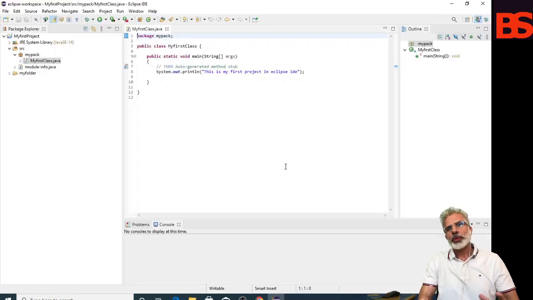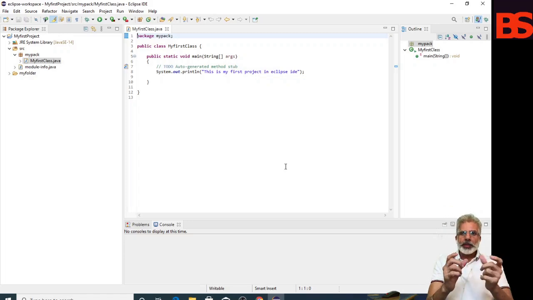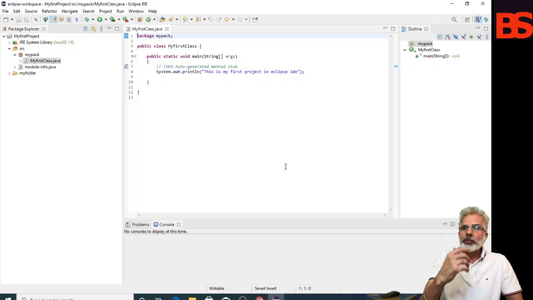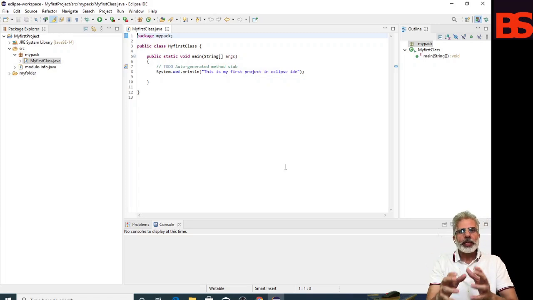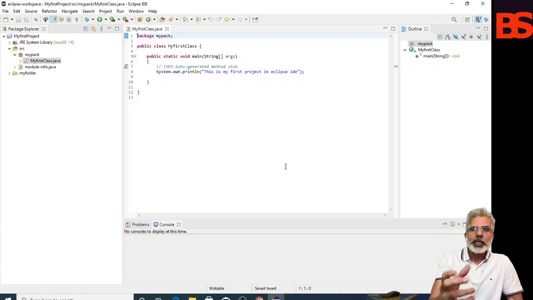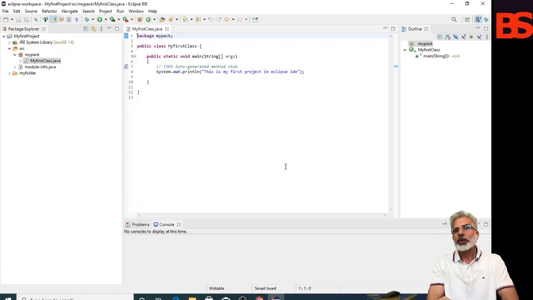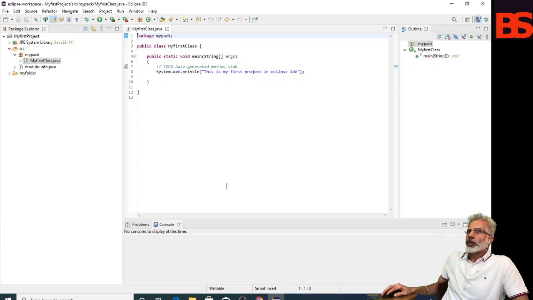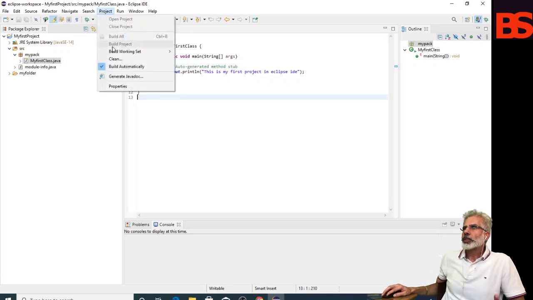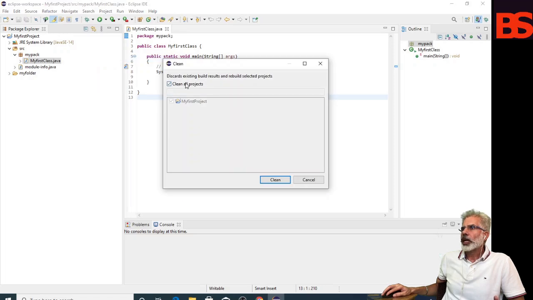So it's time to close your project. An Eclipse workspace can contain any number of projects. A project can be either in the open state or the closed state. So why should we close a project? Because open projects consume memory and take up build time, especially when cleaning all projects. So if your project is not active, you should close it. For this, first we will clean the project: click on Clean, then Clean all projects, then Clean.